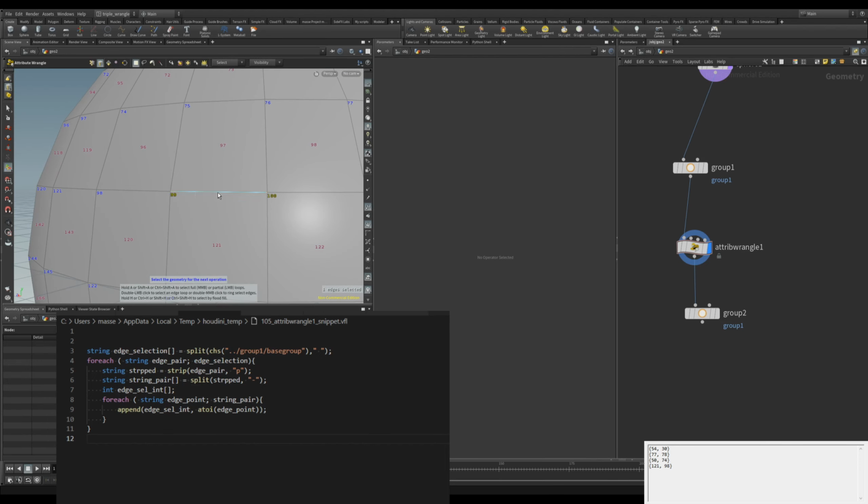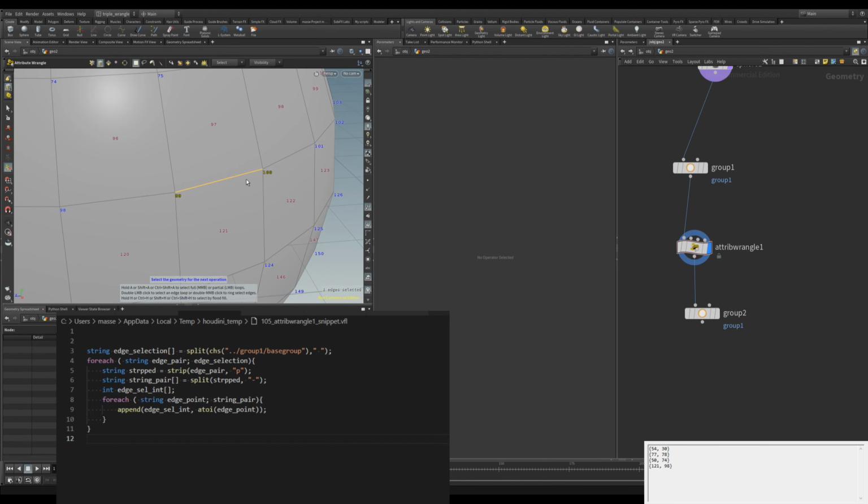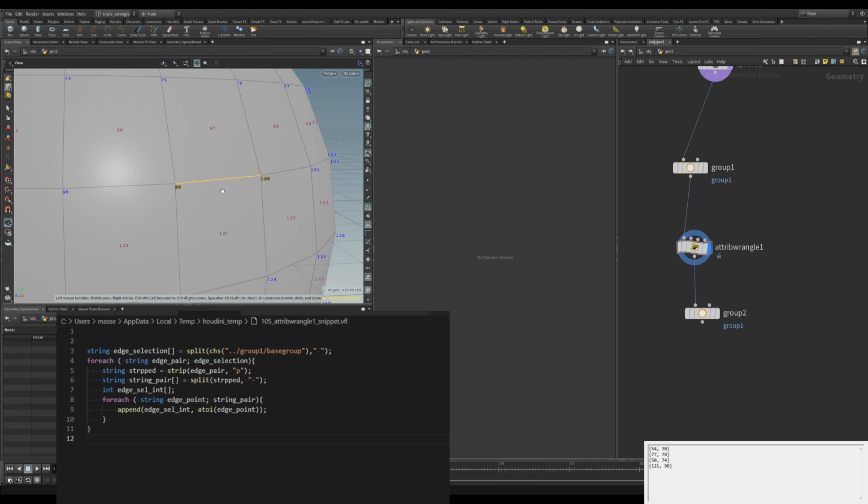So we can imagine this edge is basically made of the two half edges of both of these polygons, so polygon 121 and 97. These half edges create one edge that we can actually select. So this would be the same as